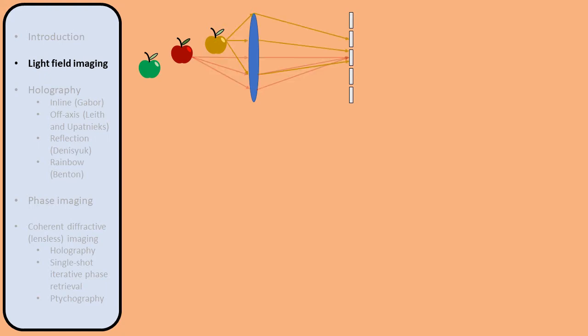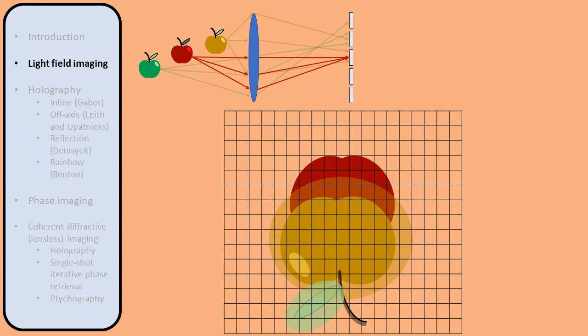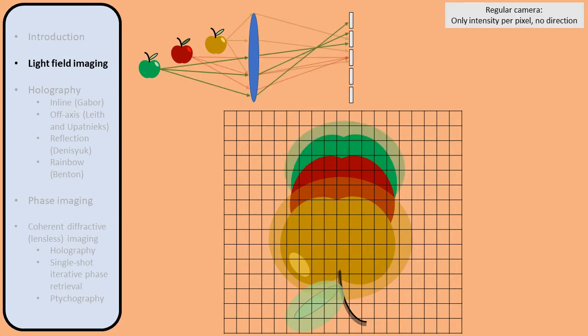Objects that are closer will be focused behind the detector plane, and objects that are farther away will be focused in front of the detector plane, so these objects will be out of focus. If an object is out of focus, the light intensity will spread out over adjacent pixels, while an object that is in focus has a sharp image. A regular detector only detects the intensity and color per pixel, but not the direction in which the light is